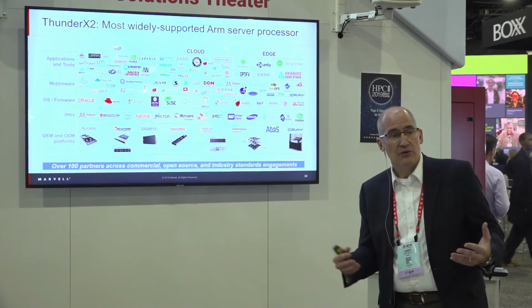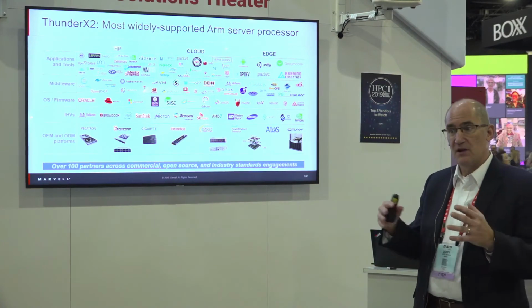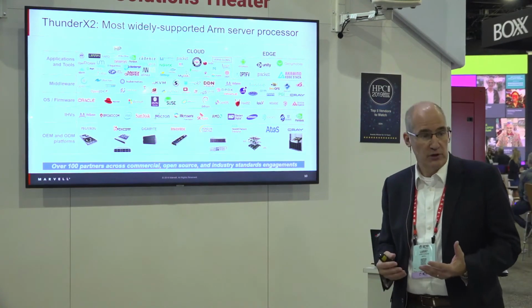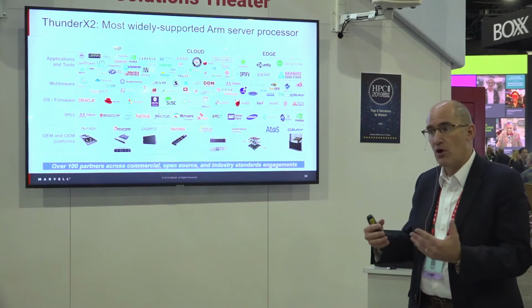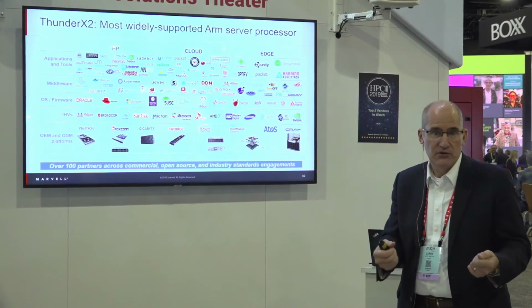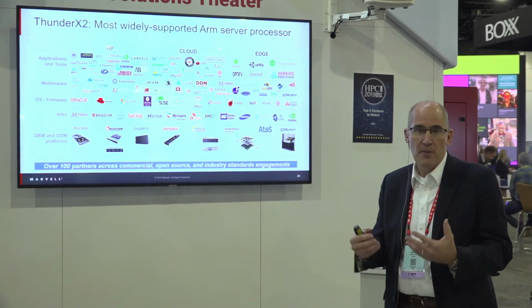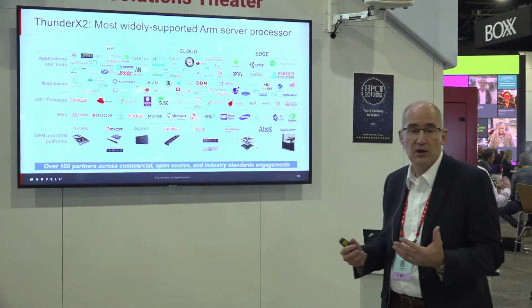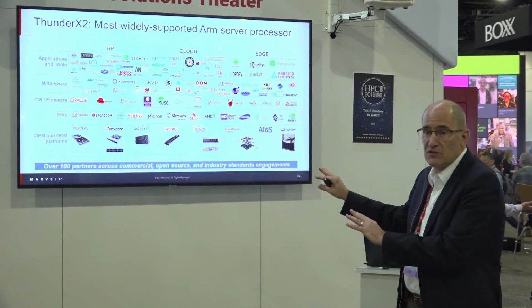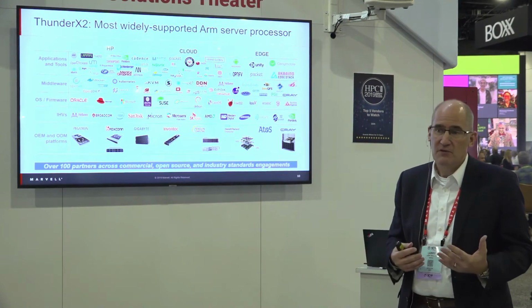So one of the areas that we focused a lot on relative to the ARM side is the overall software ecosystem. It's important that you as end users or partners can take ARM-based systems and quickly bring them up and run your own applications that you historically have been able to use on other architectures. So as you can see from this slide, we really have complete